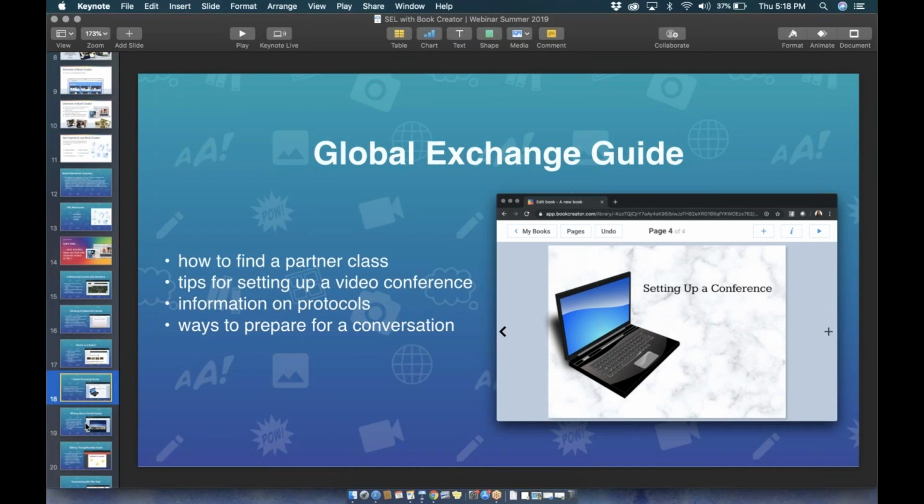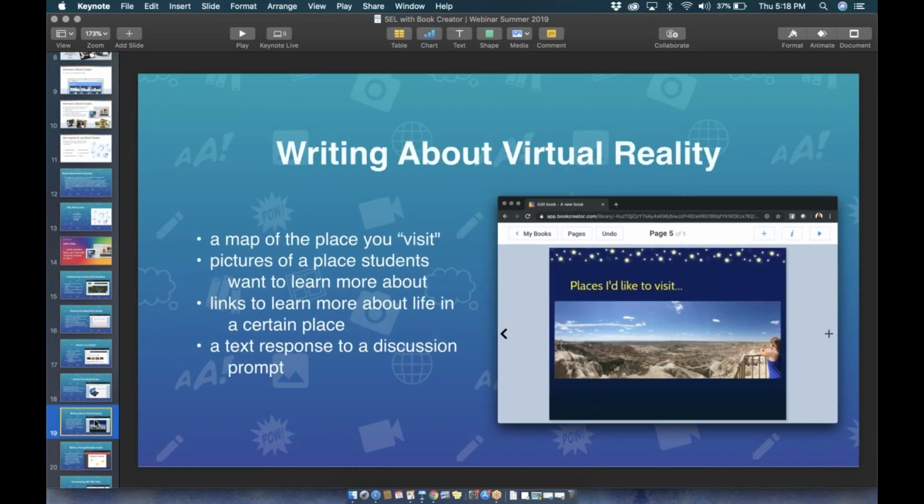Now, another activity you can do with students to help come back to some of the goals you might have around SEL this year is to have them not just experience a virtual reality experience, but to write about that virtual reality experience. So this means that you might have had students take part in a VR experience. Maybe they're doing something with 360 images, or something with 360 video, or they have headsets or Google Expeditions, whatever it might be.